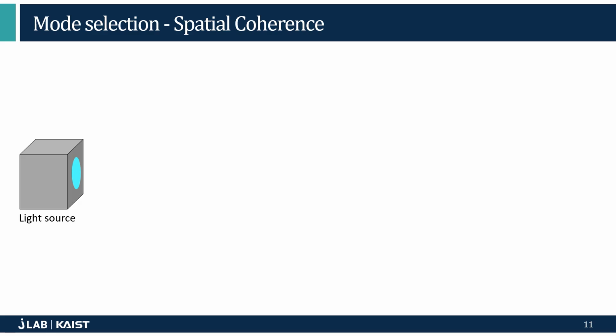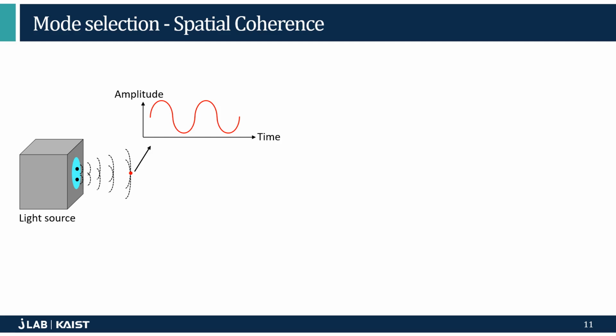So I introduced an important concept, the spatial coherence. The concept of spatial coherence is quite simple, but not familiar. When there is some light source, and you select 2 points in the light source, each point will emit light, right? Like this one. And the wavefront of each emitted light will propagate like this. And when we measure the overlap point, like this red dot,